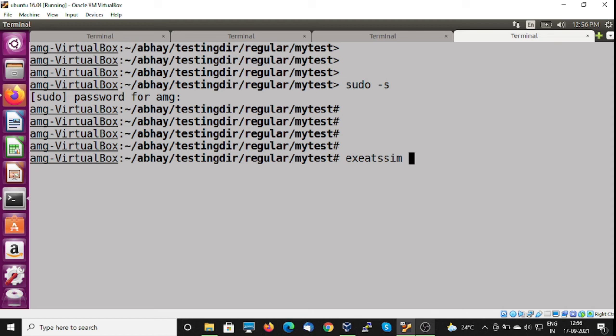Exe ATSM is the command which we have to give to invoke the simulator. I'll give option text with the switch minus f. All the command line options or switches are written in option gen.txt. So let me try to run my test case.